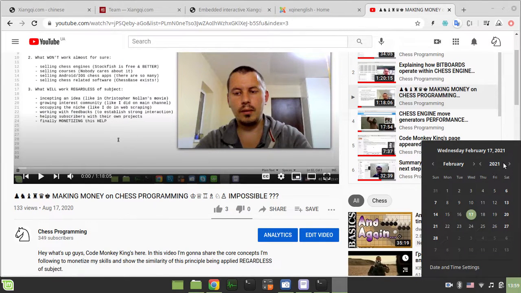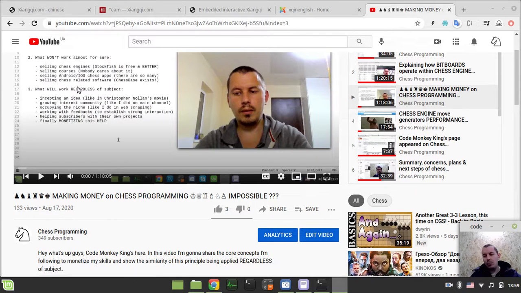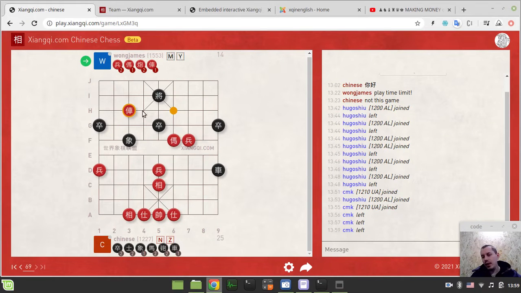And now today we have February 17th, 2021, and I'm already working with a team developing the Xiangqi.com site. So we are now integrating my engine Wukong CNC with this beautiful user interface to provide at the very least two features for a start, like playing versus bots, and especially solving puzzles